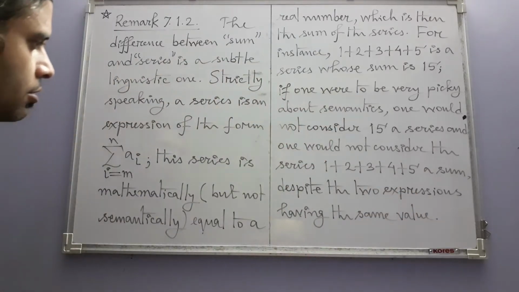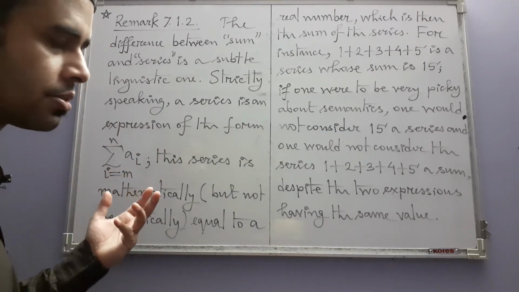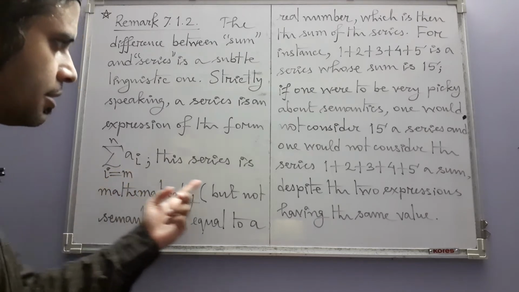So what the author is saying here is that there is a subtle difference between a finite series such as this one and its sum,